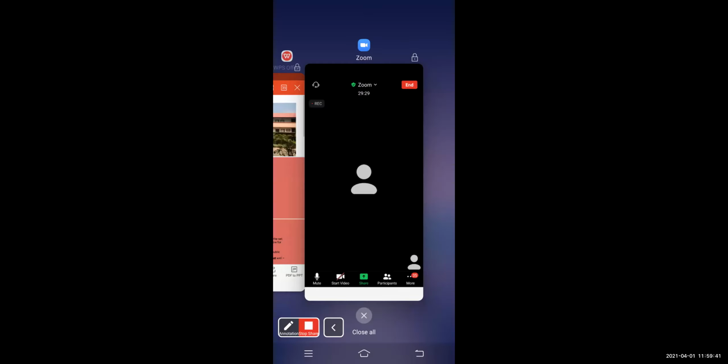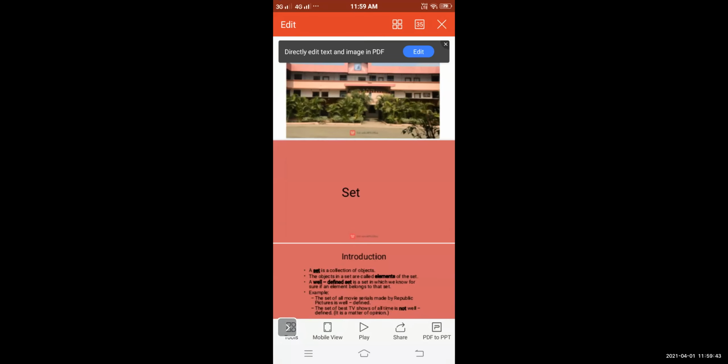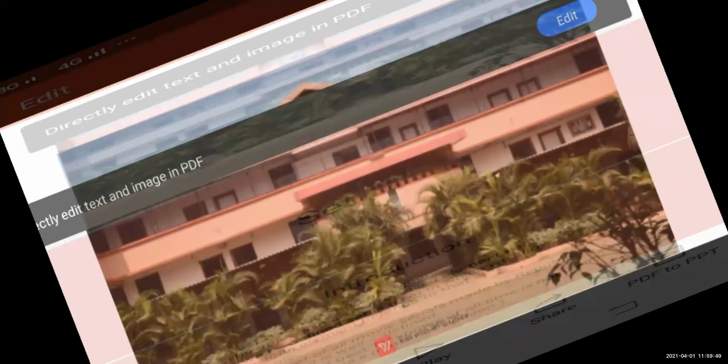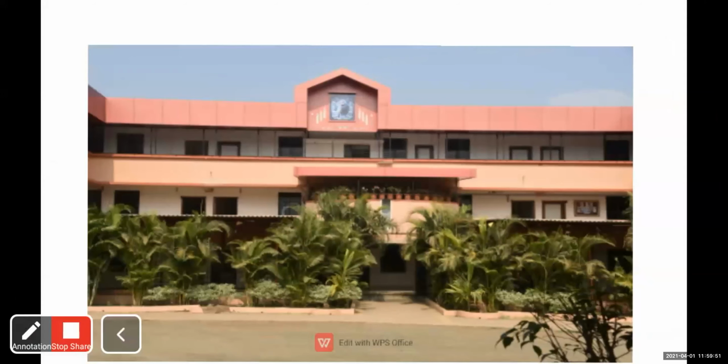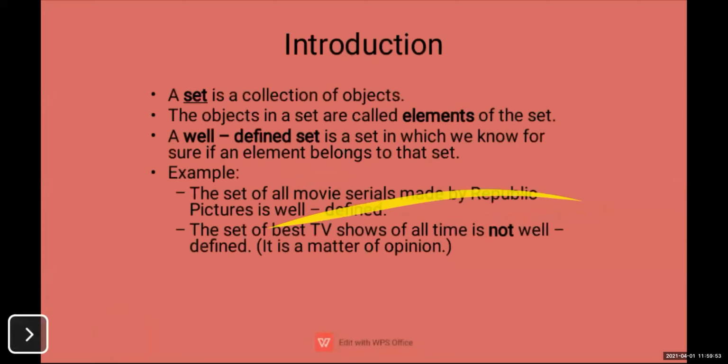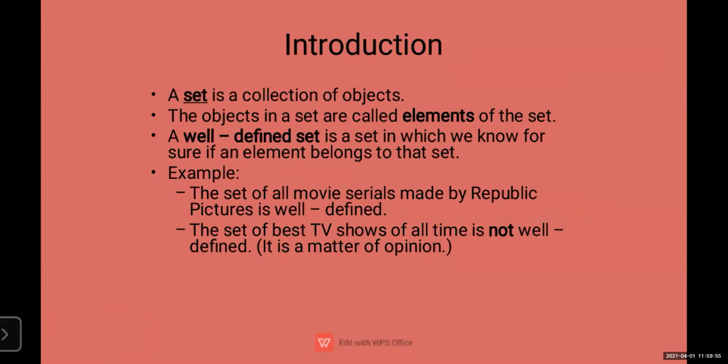Chapter 1, Set. So first of all, the introduction is done.